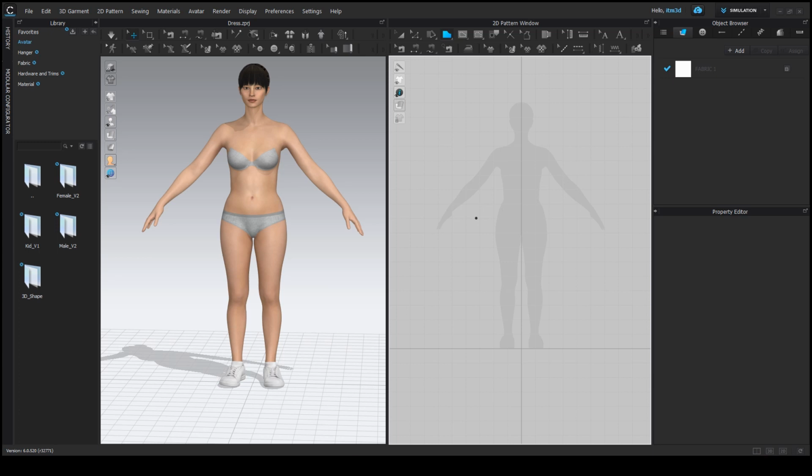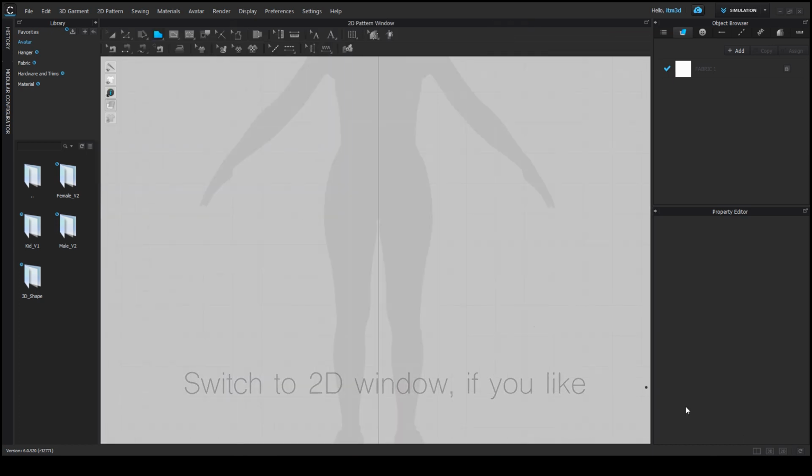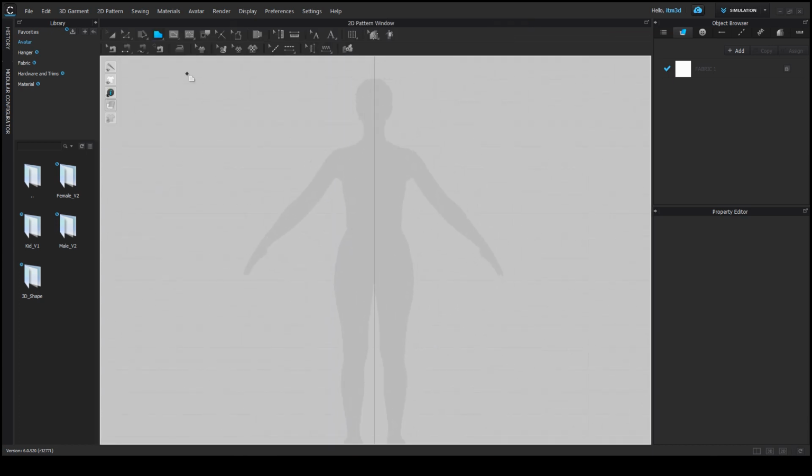Hello, welcome to this tutorial in which we are going to do the fit simulation of 2D patterns which are going to be developed in CLO 3D on our avatar, which is already available in CLO 3D, and we'll construct the simplest form of a dress and bring you closer to the 3D CAD environment. So just start by selecting the 2D CAD view,